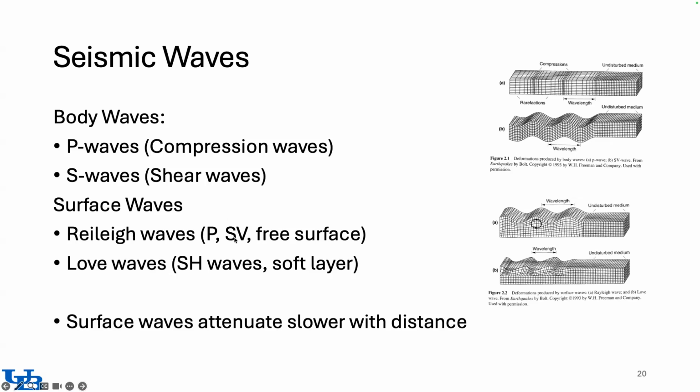So we have SV and SH. SH are S waves where again the deformation is happening transverse to the direction of propagation, but on the horizontal plane. So the combination of P and SV waves and the free surface is creating Rayleigh waves, and that has a retrograde sense of motion,